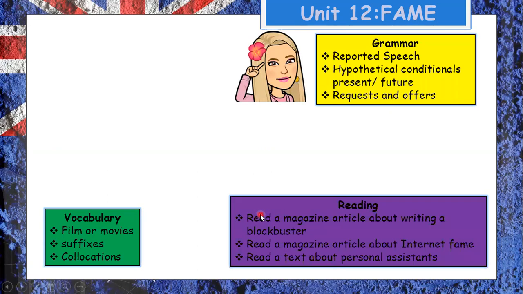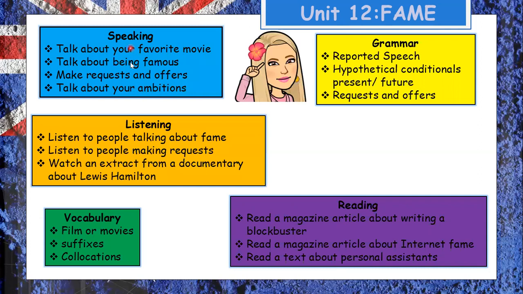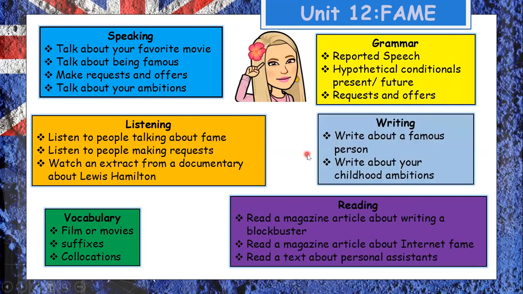In the reading part, we will read a magazine article about writing a blockbuster, a magazine article about internet fame, and a test about personal assistance. In the listening comprehension, we are going to listen to people make requests and watch an extract from a documentary about Lewis Hamilton. In the speaking part, we will talk about being famous, make requests and offers, and talk about your ambitions. And in the writing part, we will write about a famous person and write about your childhood